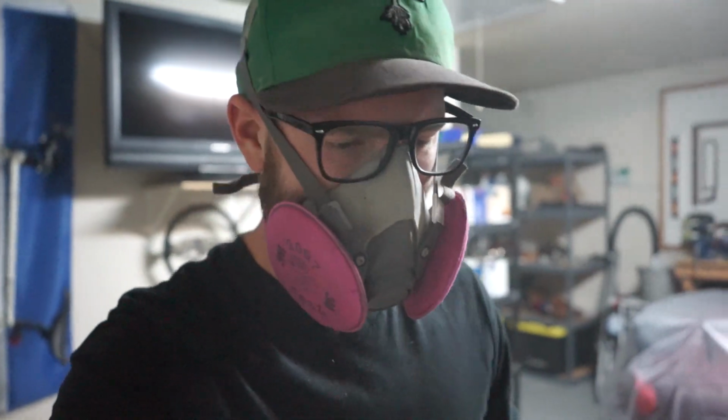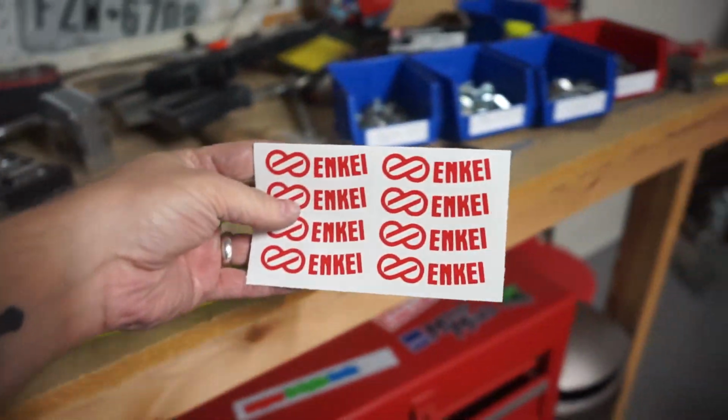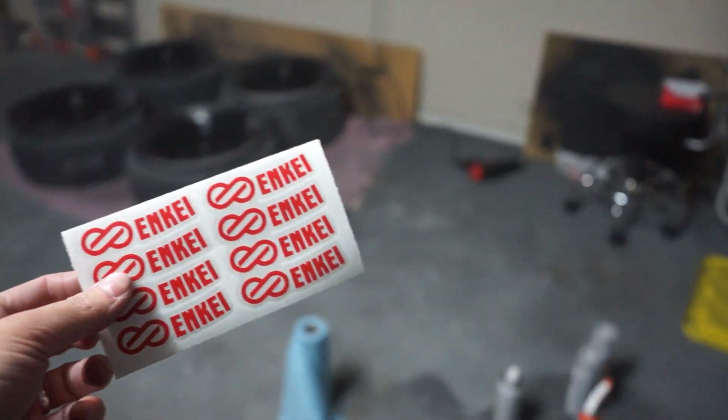So the final coat of clear coat is on. The wheels look great, everything is nice and glossy. So I'm just gonna let this dry, and then I'll go ahead and show you what we have to put on the wheels next. I really wanted to add some OEM kind of style touches to these wheels,